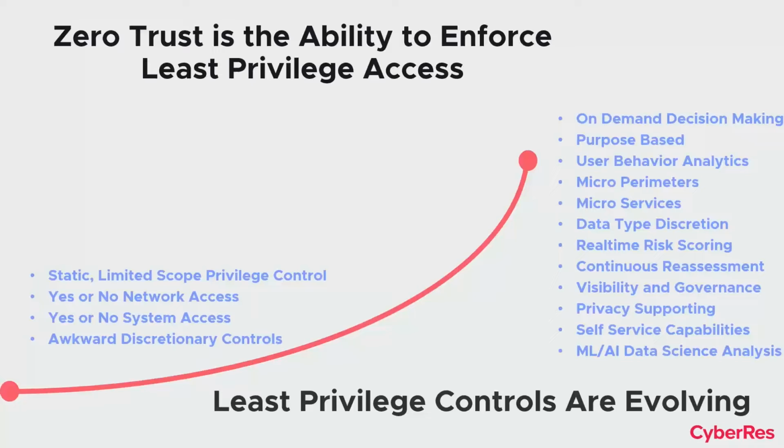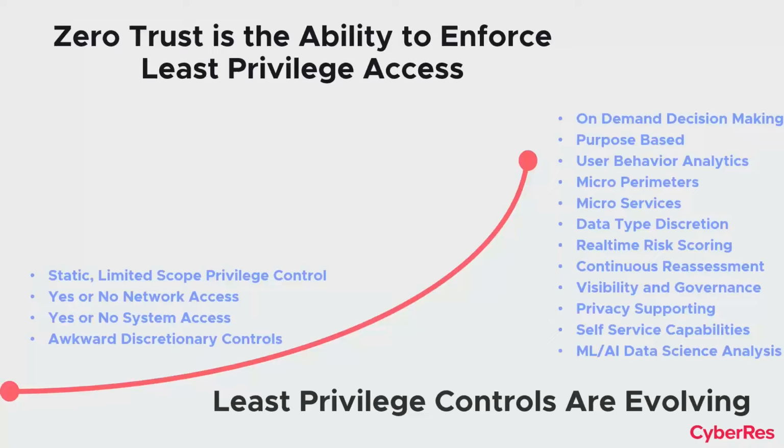And underneath all of this is the ability to have as complete visibility as possible to the resources and the access that are being given out to people, and to be able to govern them. And we'll talk about governance a lot through this short presentation. Governance is the ability to take a look at your policies, the effect of the policies, the effectiveness of the policies, and whether or not they're really being enforced. And that's just incredibly powerful.